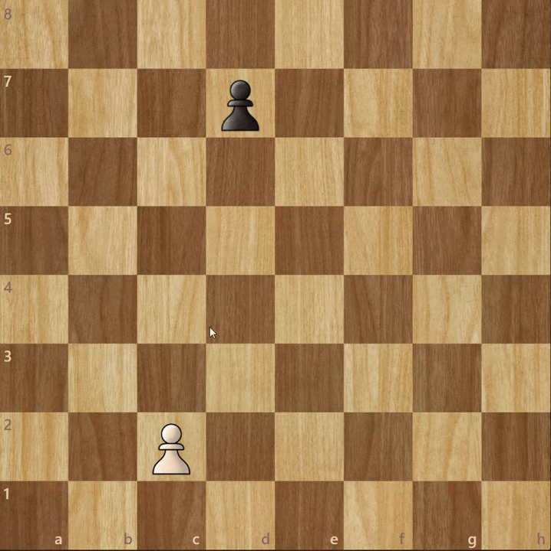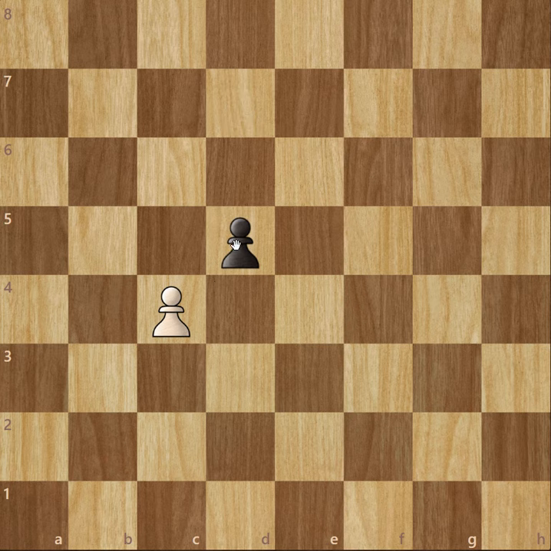So if this is a position and the pawn decides to move two squares ahead, this pawn also decides to come two squares ahead. Now pawns can't capture like this. Suppose I put a bishop here, this bishop can't be captured by the pawn. Pawns capture only diagonally. If there is something possible to capture, then pawns can capture diagonally. So this pawn can capture this pawn like this. So that was how pawns capture.